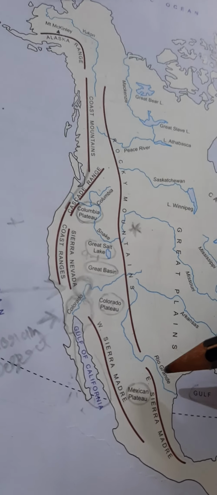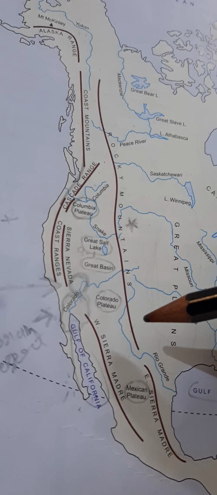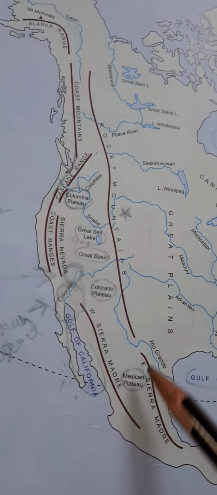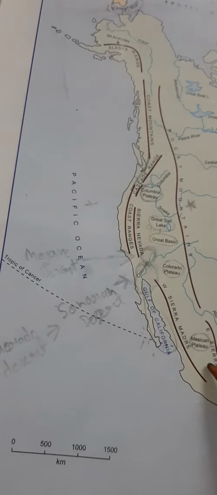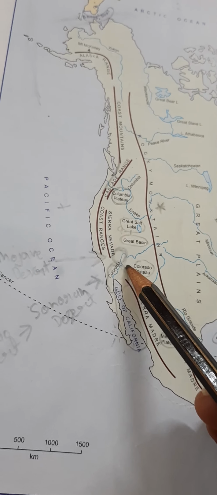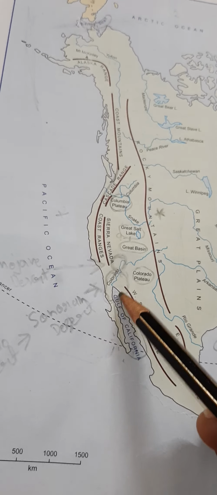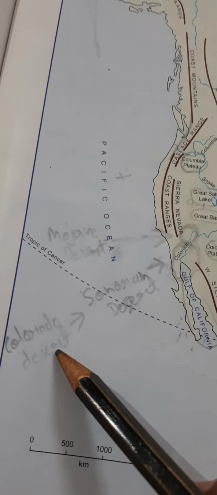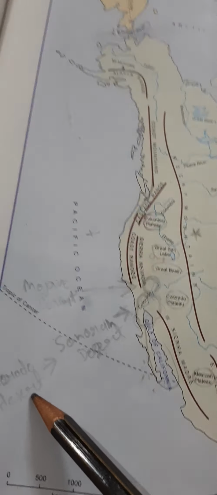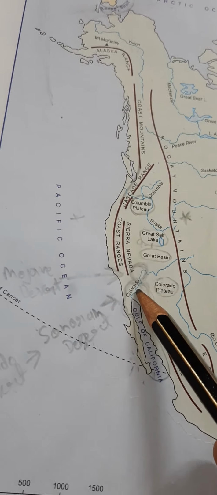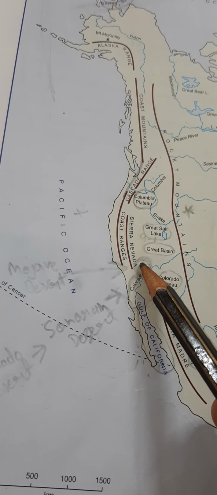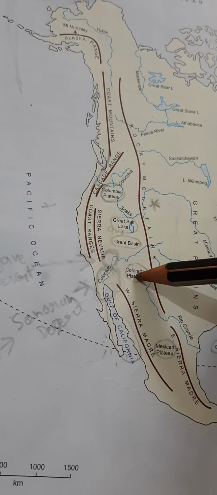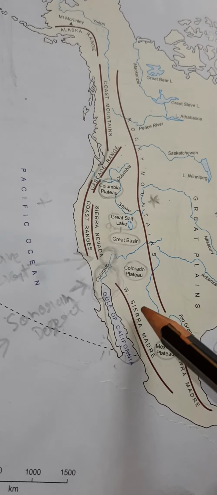So this is all about the mountain ranges and their main location. Now the deserts of North America lie between the ranges of the Western Cordilleras. Among these ranges, the Mojave and Sonoran deserts are there. Here we have two deserts. I have marked them with a pencil, as it is not marked in your map. This part is known as the Sonoran Desert. I have written here, this is part of the Colorado Desert, the Colorado Plateau you can say. The Sonoran Desert is somewhere here, and the Mojave Desert is somewhere above the Sonoran Desert. So in between these mountain ranges in the Western Cordillera, we have two deserts, known as the Mojave and Sonoran Desert.